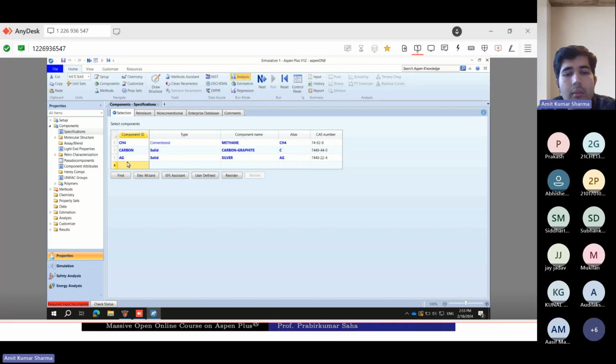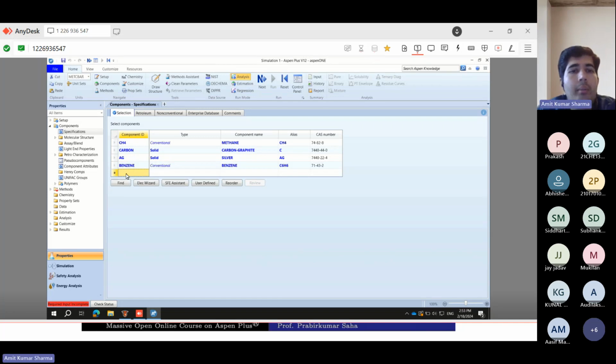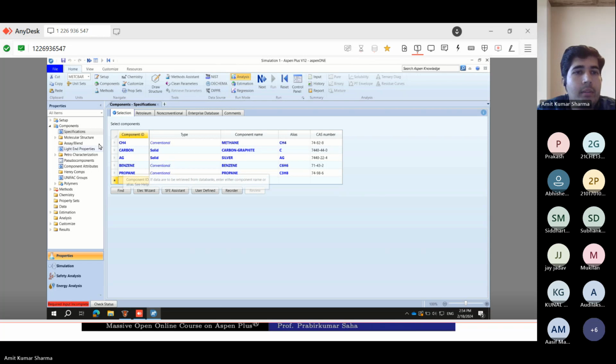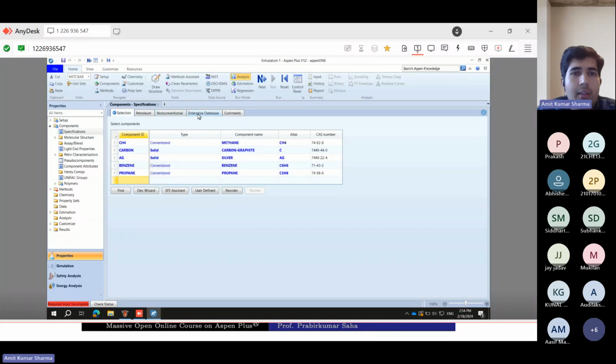Suppose we have benzene. Here you can see the databases. I am using version 12, so it is APV 120. These are the databases. Suppose you want to add ethylene, so let's find ethylene.